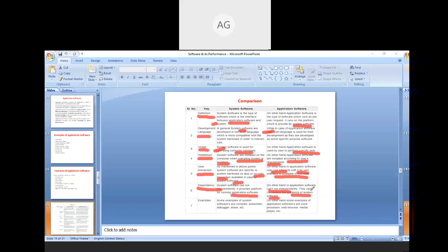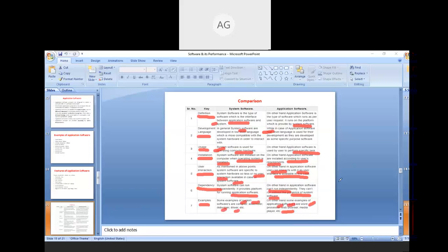So in order to run the application software, we need to have system software installed in the system. And the examples. The examples of system software are compiler, assembler, debuggers, drivers. On the other hand, some examples of application software are word processor, web browsers, media player, etc.